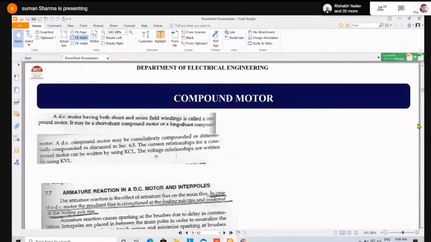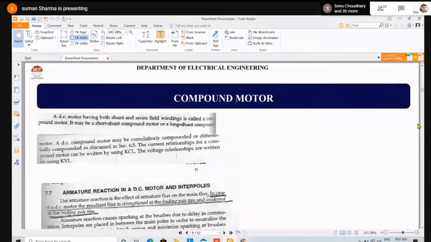Okay? Voltage equation में आप current से multiply करके then you will get the electrical input term, mechanical output term, and the losses term. So this is homework to you. For compound motor, you derive the equations for long shunt, short shunt, cumulative compound and differentially compound the power equations. First, you will draw the circuit with windings, then you draw the electrical equivalent circuit, then you write the KCL and KVL, and then you obtain the power equations. Clear?